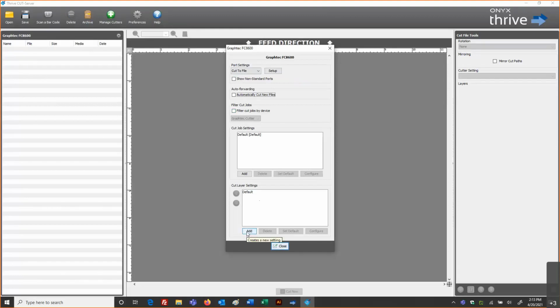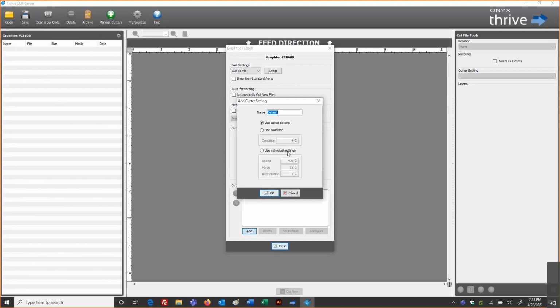We can add the cut layer settings, and then based on the spot layer name for the cut path, this information is going to come over to associate a specific cut tool type. So I'll do this as demonstration purposes. I'm going to make this as cut contour.